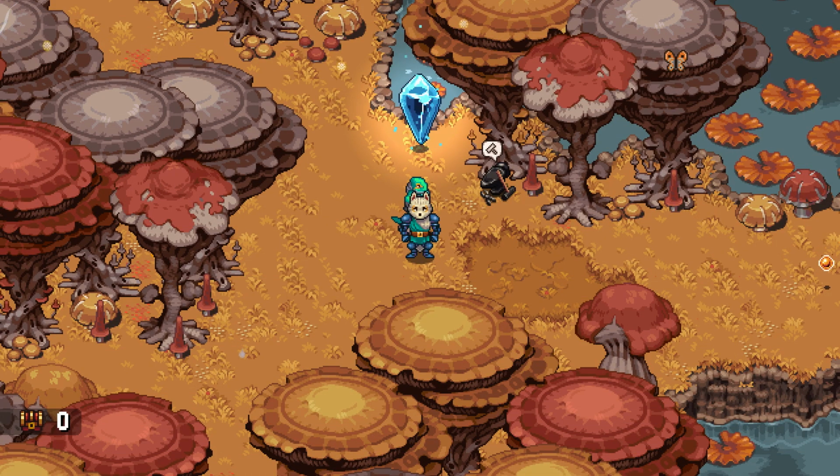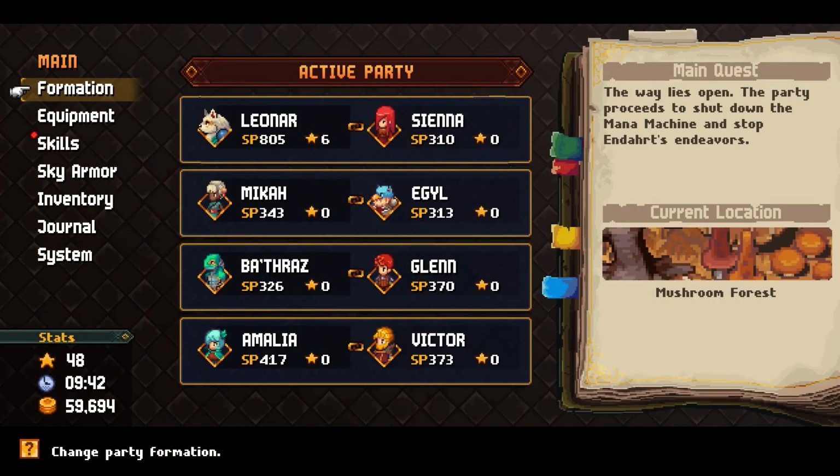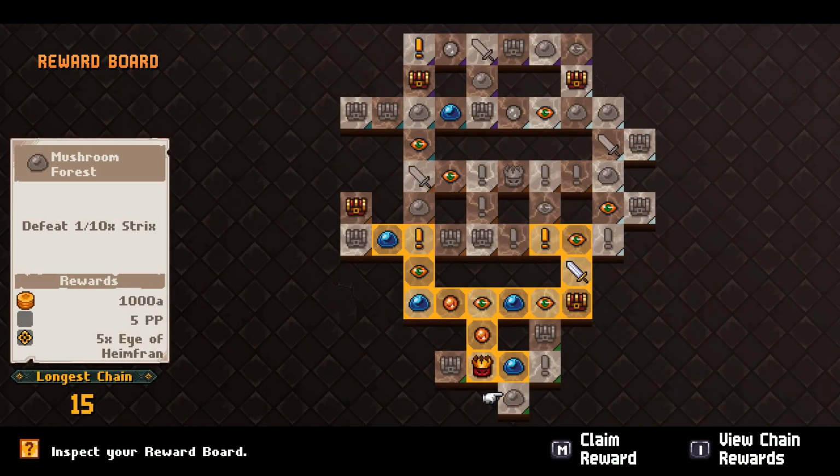Everyone, and welcome back to Chained Echoes Ashes of Elrant, where today we are continuing our exploration of the world. Today we are going to be trying to clear out the Mushroom Forest, and if we are fast enough, also the Wasteland and maybe the Lost Garden. I'm a little nervous about going to Lost Garden since that's where the end of the game is, but...